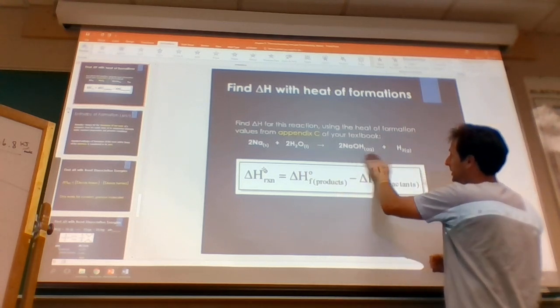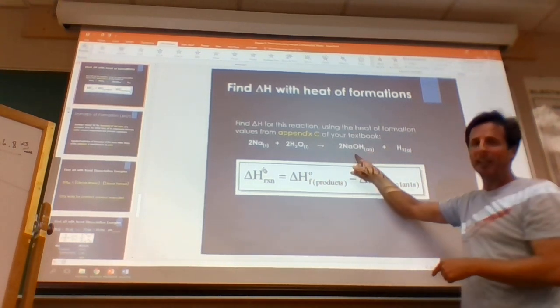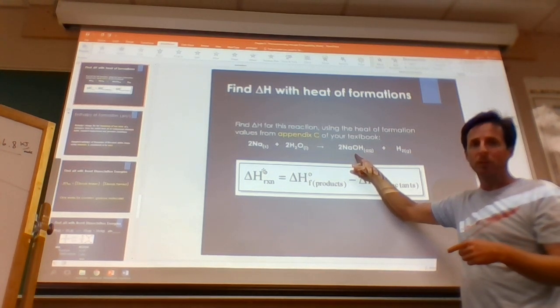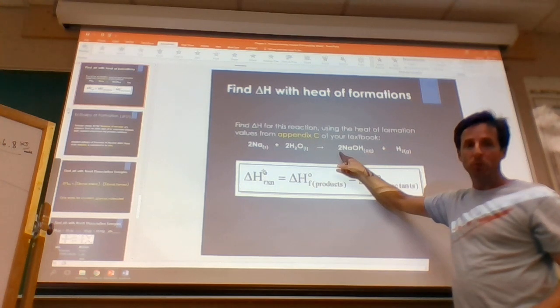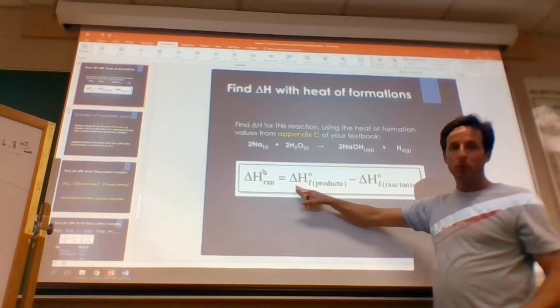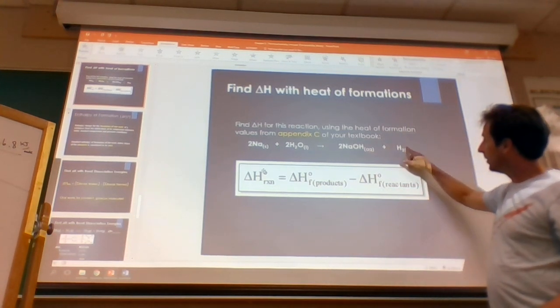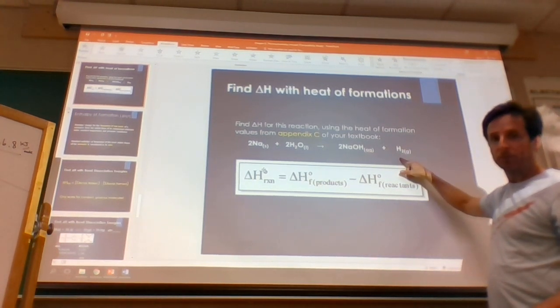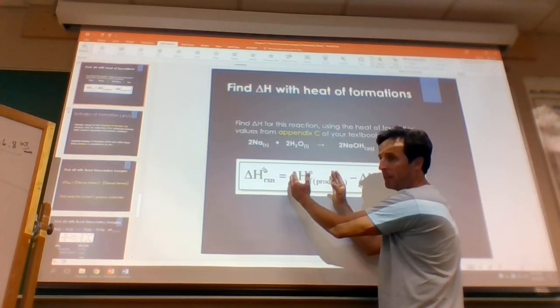My products are going to go in front. So we looked up sodium hydroxide. I think it was negative 470.1 kilojoules. That's per mole, but I'm going to have to multiply that by 2 because I need to make 2 moles of that. So I'm going to have 2 times negative 470.1 plus 0 for hydrogen. So my products is just going to be 2 times negative 470.1